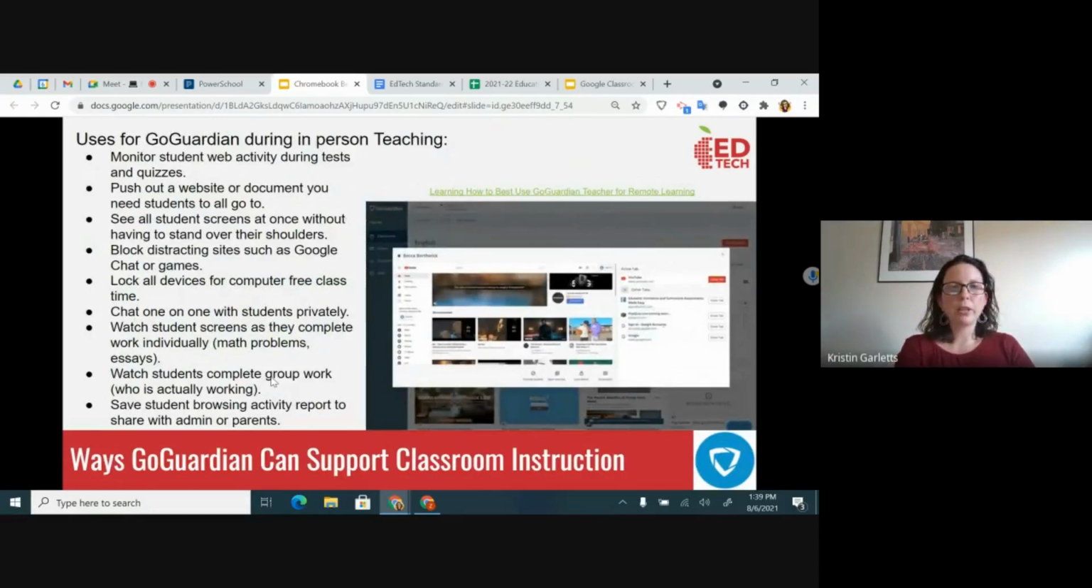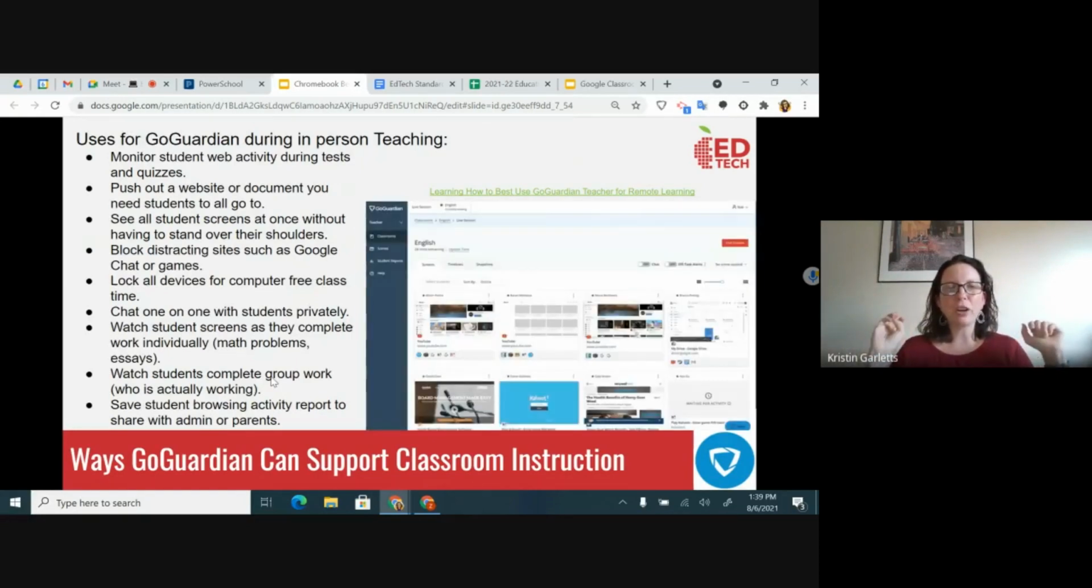So some ways that you can use GoGuardian in person, because I know a lot of teachers used it when we were working from a distance because we couldn't see what students were doing at home as much. I actually like it just as much for in-person teaching because you can do things like monitor students' web activity during tests and quizzes. If you want to make sure students aren't Googling answers behind your back, you can turn on GoGuardian and watch all their screens at the same time